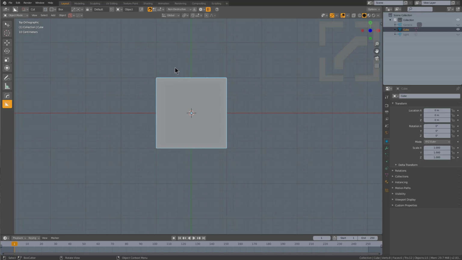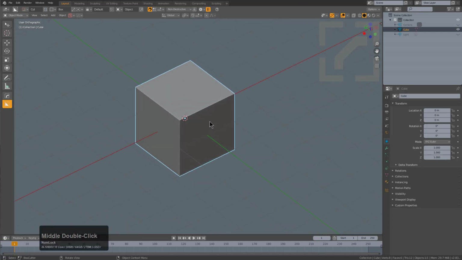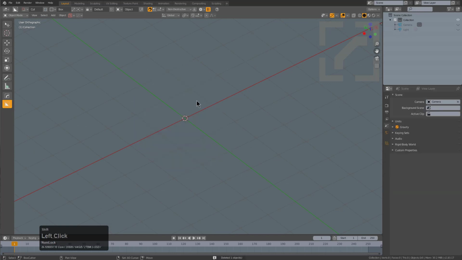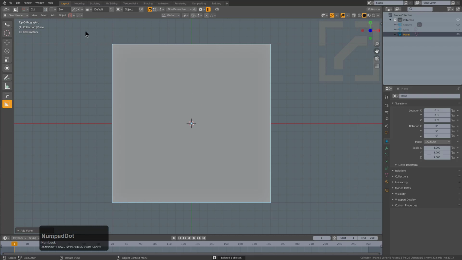So in today's video, I wanted to talk about the topic of Ngon Cyclic. In order to best show it, we will just delete this cube and Shift A add a plane. And with our plane, we can actually go up to the top bar and just change our shape to be Ngon. And so Ngon typically starts in something called Cyclic mode, which is a mode where the shape is closed,